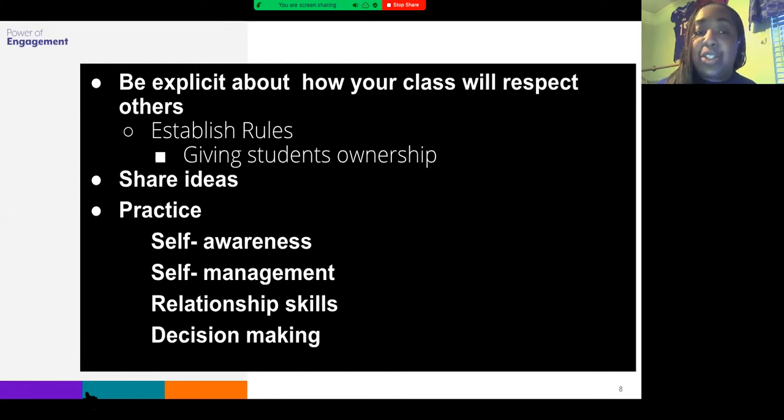So we tell the students it's important for students to be explicit about how they should respect others. So they need to respect their peers. It's also important that you get students to establish rules. It's very important that student ownership is present in your classroom. It's important for students to also share their ideals, and it's very important for Michael